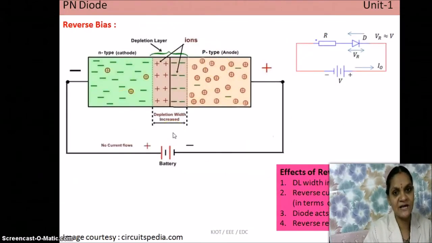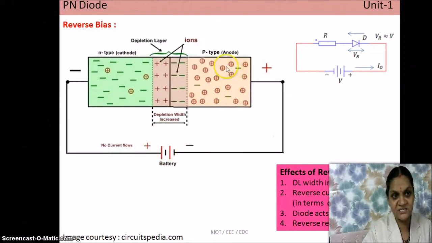So in the reverse bias, things happen in a reverse manner. It's nothing but the p-type of the semiconductor, that is the diode, is connected to the negative terminal of the battery, and the n-type semiconductor is connected to the positive terminal of the battery. Initially some depletion layer will be there, and as soon as the reverse bias voltage is applied, here negative terminal,